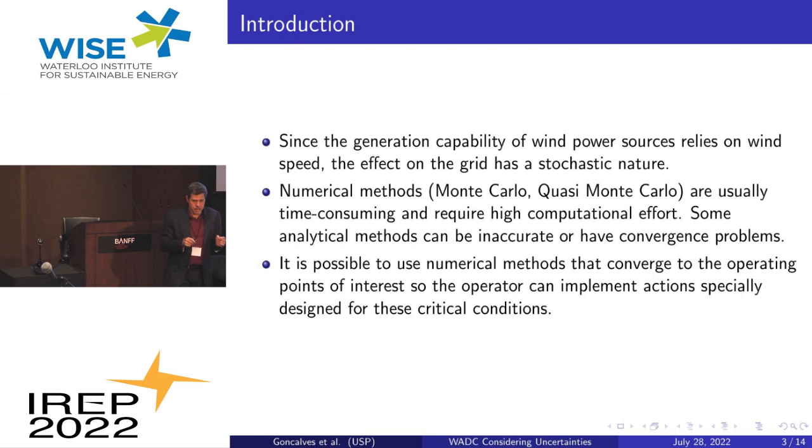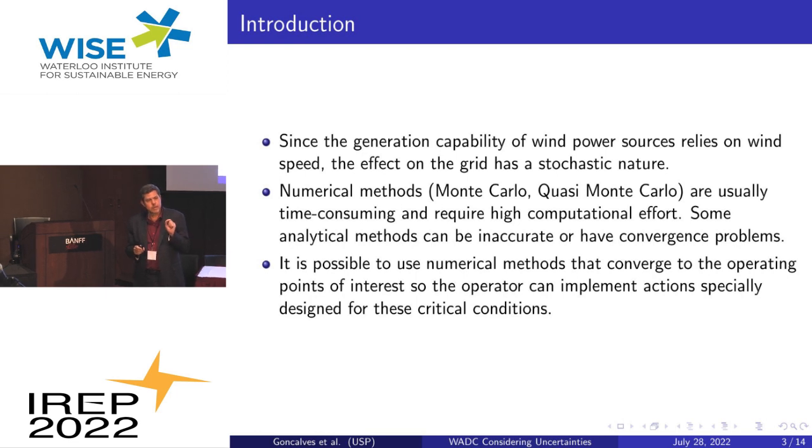Now, here's a question. Do we want to represent the entire possible operating region, or do we want to put an emphasis on the most important conditions for us, which are the worst case scenarios? And that leads to the issue of sampling to represent the entire region of operation versus sampling by importance. So in this case, sampling by importance seems to be much more intuitive, because you're more interested in the